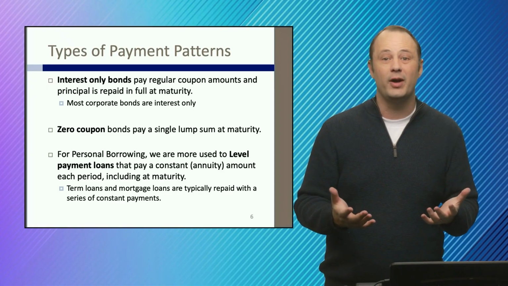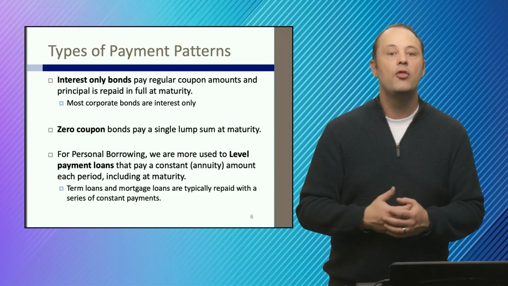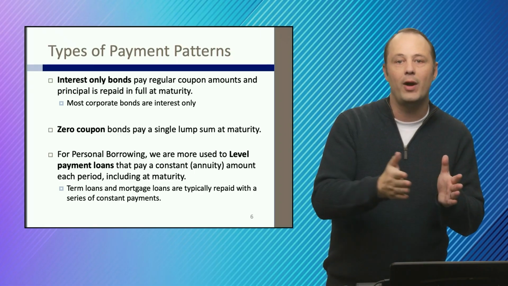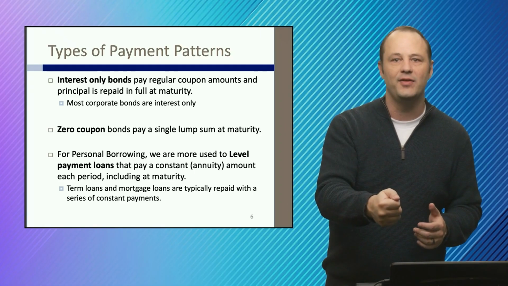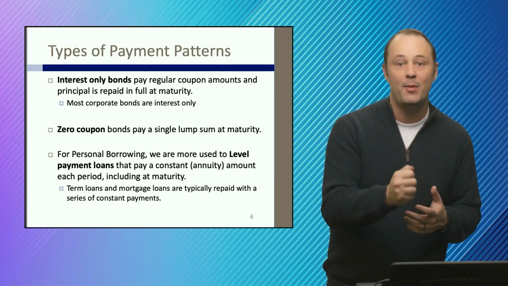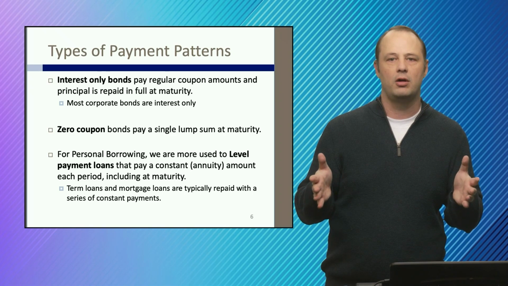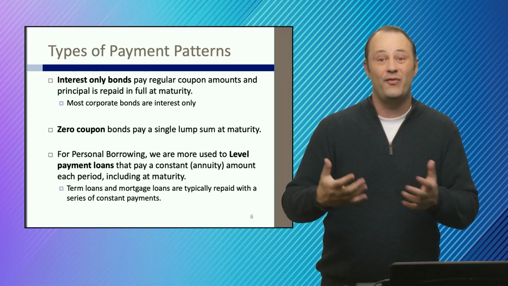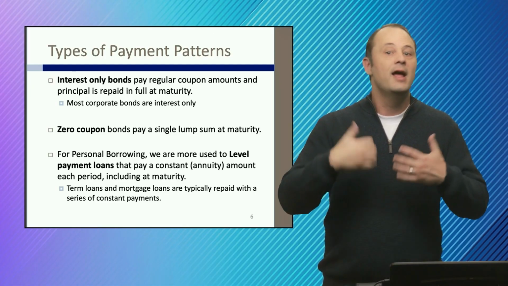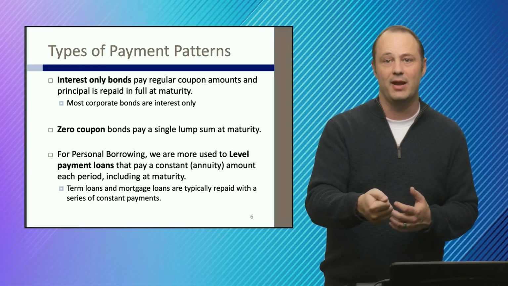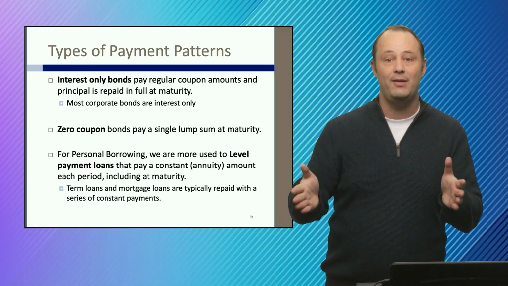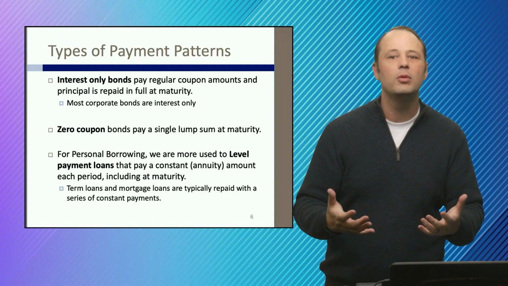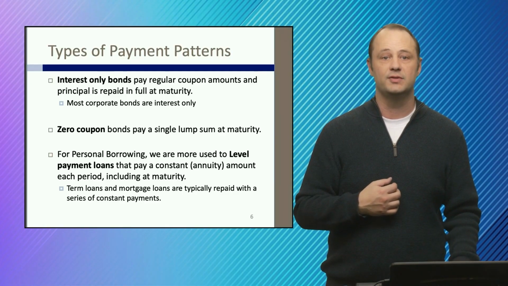Okay, and then for personal borrowing, like your car loan, your home loan, those are called level payment loans, where you pay a constant amount all the way through maturity. Okay, there's no big lump sum at the end, right? When you make your car payment, you pay the same amount for the life of the car loan, right? 5 years, 7 years, however long it is, you're paying the same amount. It's not like right when you make the last car payment, they say, all right, now give us $10,000, right? There's no big lump sum payment at the end. It's a constant level payment throughout the term of the loan. Okay? Again, most car loans and home loans for personal borrowing are level payment loans.